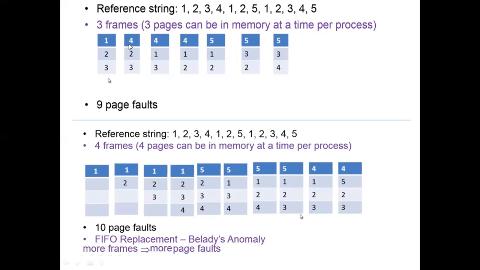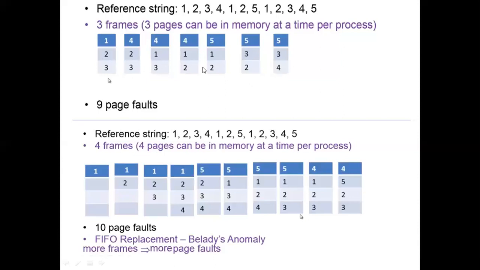You'll swap out 1, 4 will be placed. Then 1 is coming, so which will you swap out? 2, and you place 1. Then 2 is coming, you swap out 3, place 2. Then 5 is coming, swap out 4, place 5. 1 is coming, sorry, 1 is already there, so you need not swap out. 2 is coming, 2 is already there, need not swap out. Then 3 is coming, so you swap out 1 and place 3. Then 4 is coming, swap out 2 and place 4. 5 is already there. So for this sequence, how many times did you hit the disk?